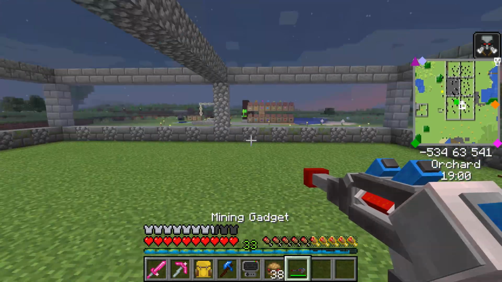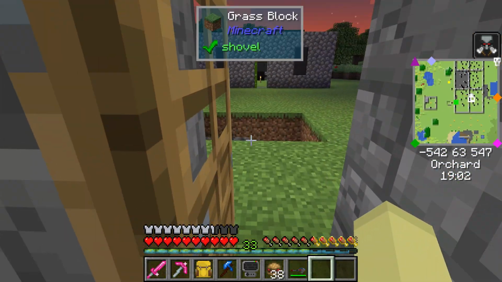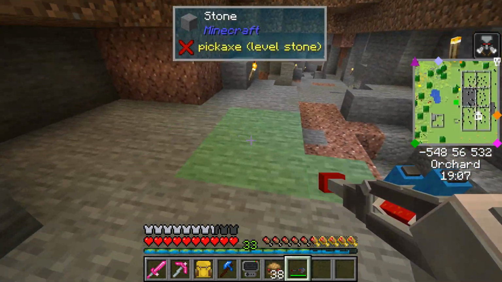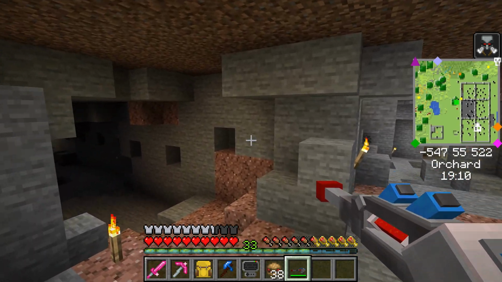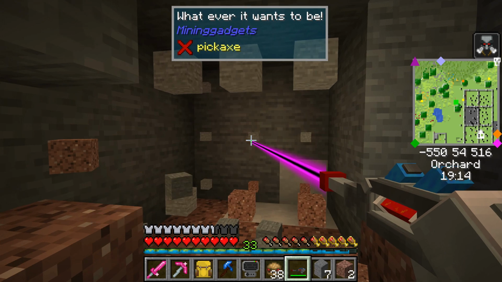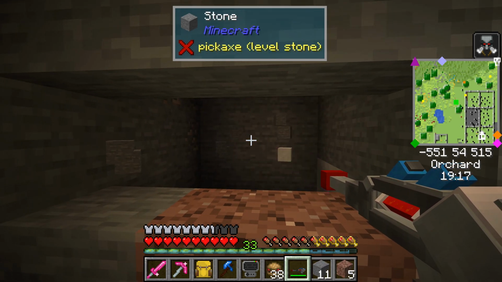But it does mean we've now got a 3x3 mining tool. So that's cool. Let's see it. Actually, you can see it's already got that sort of block overlay. It's not the fastest as well, but once we get more diamonds...